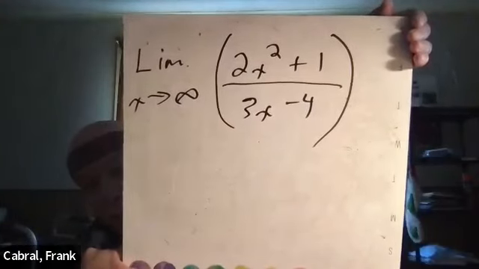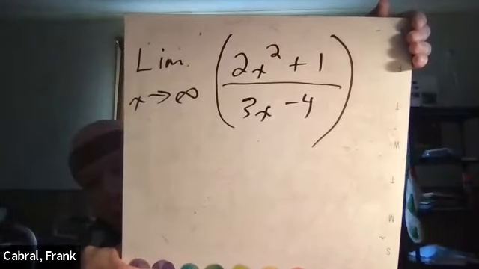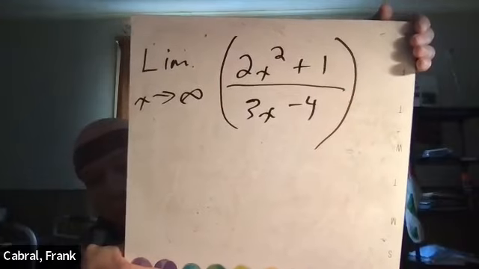The limit as x approaches infinity of 2x squared plus 1 over 3x minus 4. Again, I'm not going to run through this entire example by multiplying through the numerator and the denominator by 1 over x squared. You should try this on your own. But when you do that and finally apply that theorem, the one I told you was important in determining end behavior, you end up with